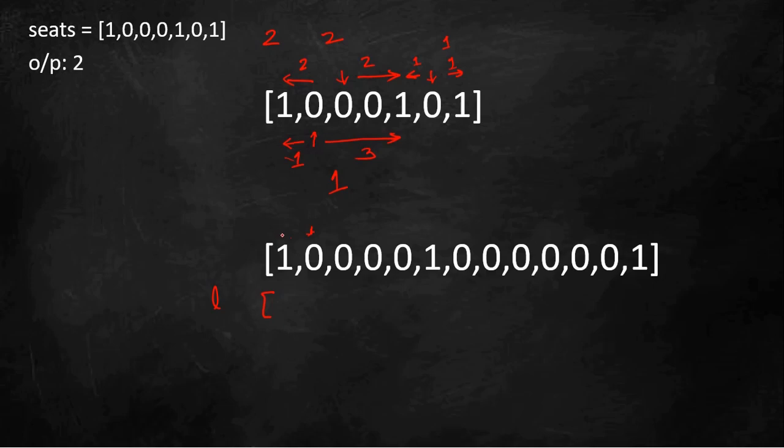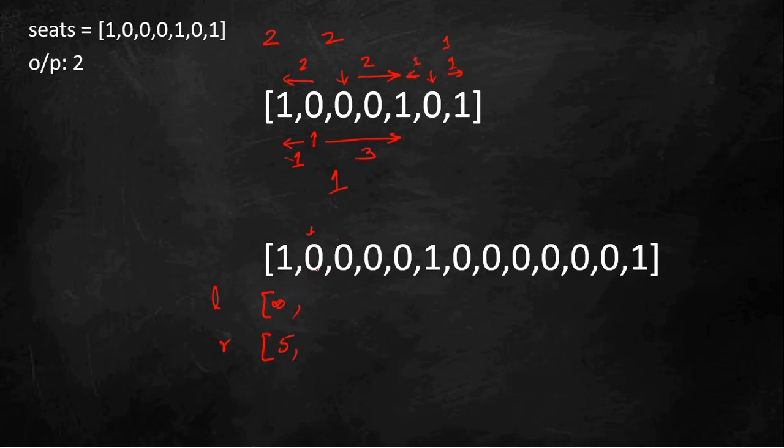At the first point, if it is 1, on its left hand side there is no person. So we can take it as infinity. And on the right hand side, I can create a right array which will record the right side of this. On the right hand side it is 1 2 3 4 5, so this is 5. So the closest person is at 5 distance.